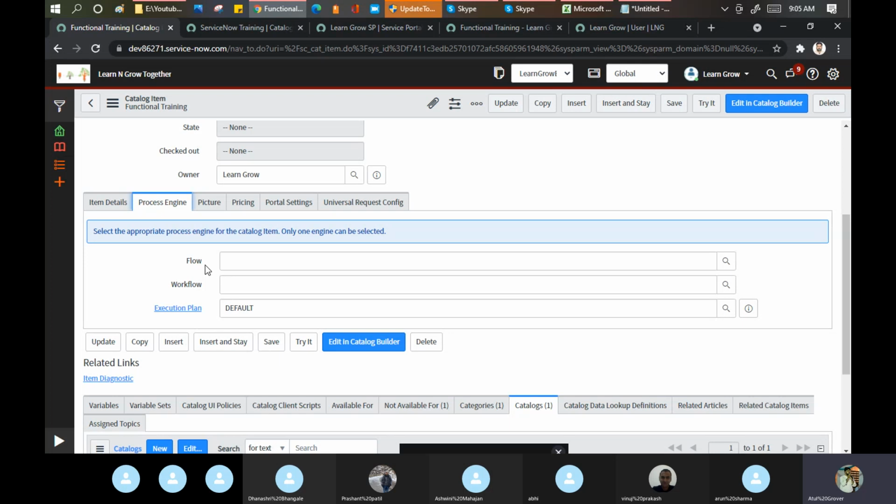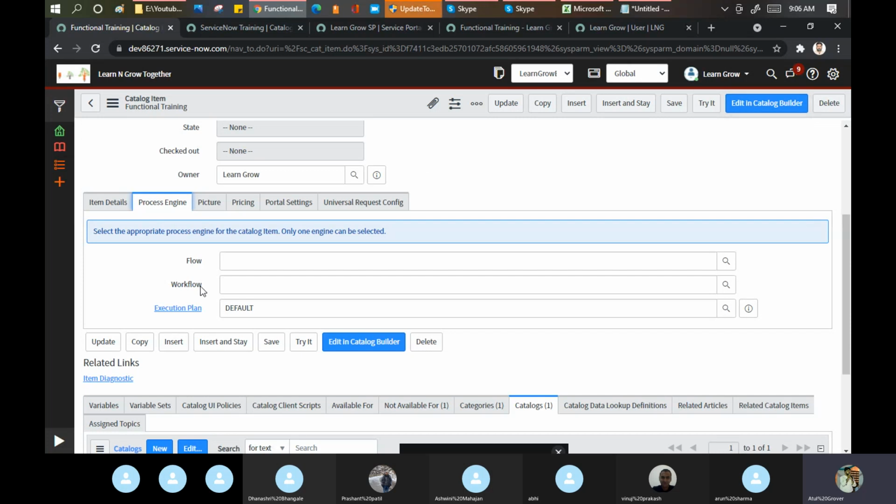Correct? In the same way, ServiceNow says, why should these kinds of things always be taken care of by my developers only? You are a consultant, you are in front of the customer, you have to give some POC to the customer. Will you come back to the developer and say, please create something for me? No, I am giving you the option. Go and create your own workflow. Just drag and drop, drag and drop. So this thing we will discuss in Friday's class or maybe in tomorrow's class.